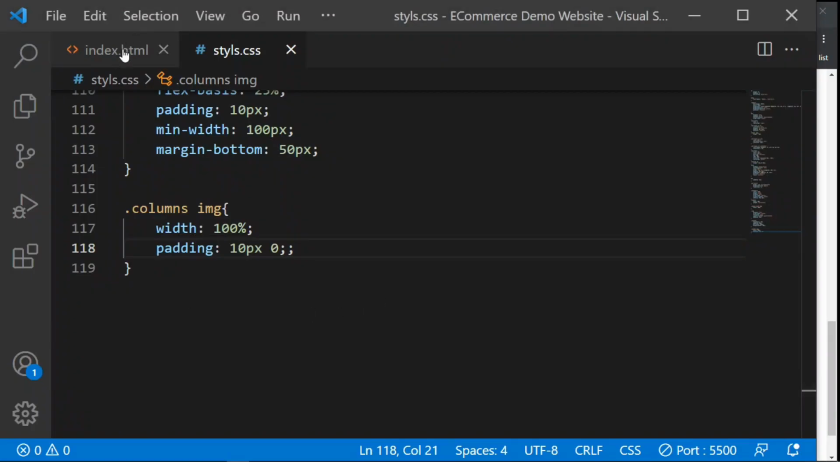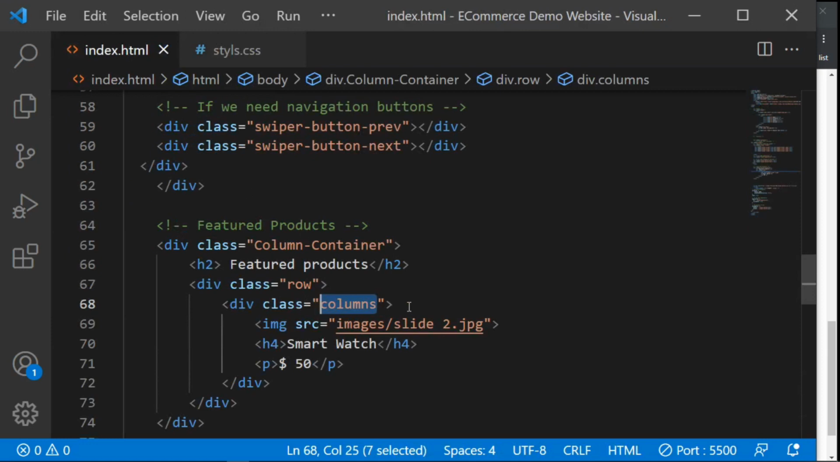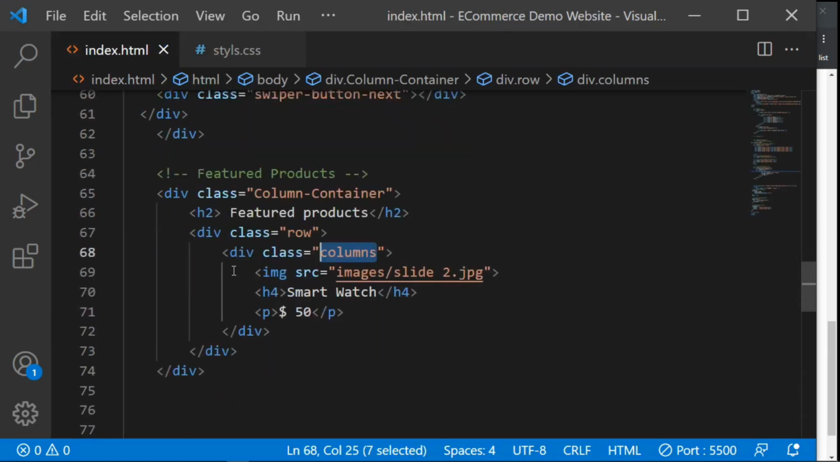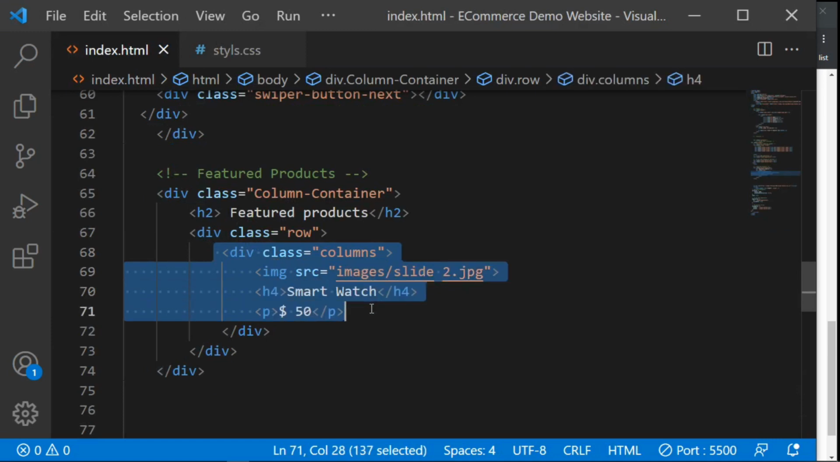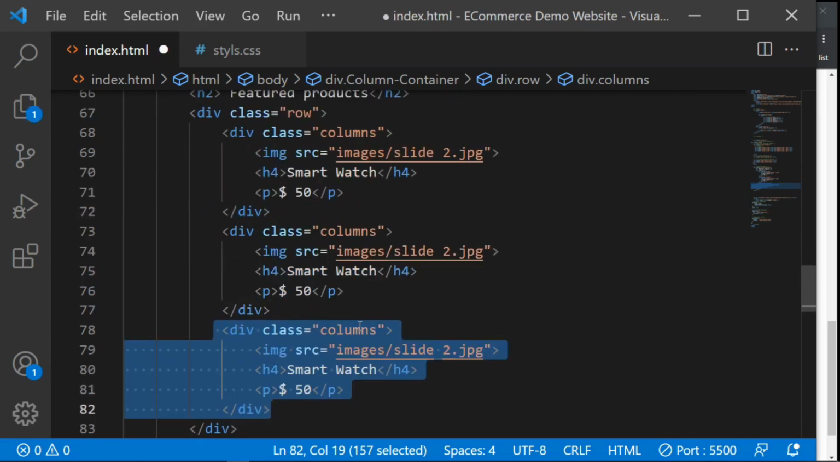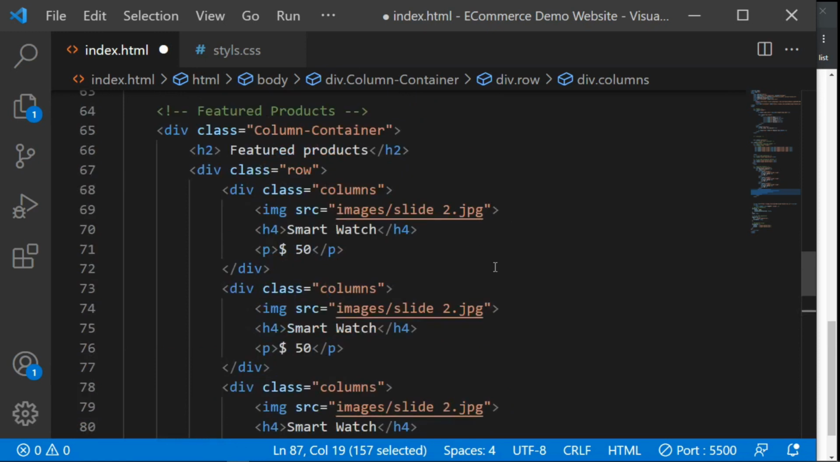So in my HTML, for this part for the class columns, let me just copy this part up to here, and then I click Shift Alt and the arrow key to duplicate it. Let me add 4 images, and then I'm going to change each image. So here let me use 3, and then here